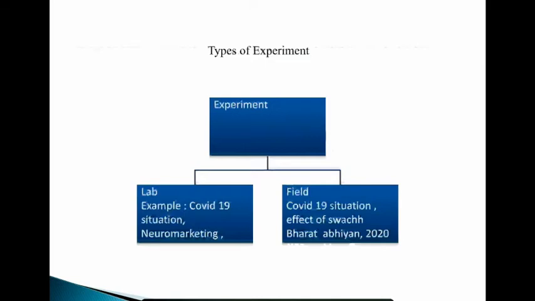Here you can see that I have given mainly two types of experiments. Whenever the word experiment comes, the feel of a lab comes to our mind. We always think that experiments are related to science and engineering, where a lot of experimentation is going on. An experiment is an activity where we come up with some observations and some inferences. As you can see in this slide, we have categorized the experiment into two: the lab experiment and the field experiment.